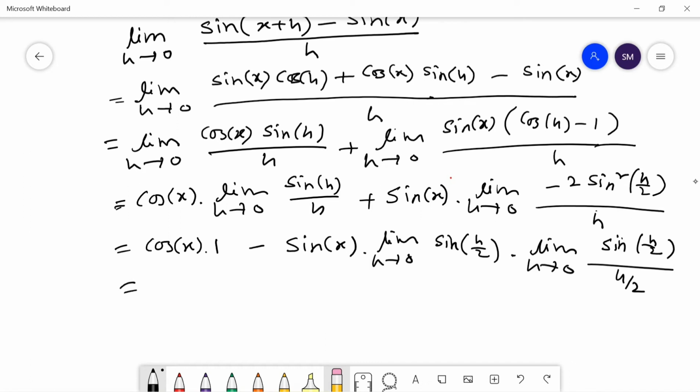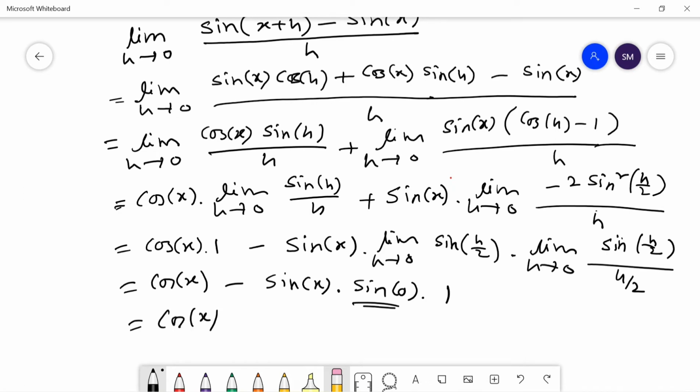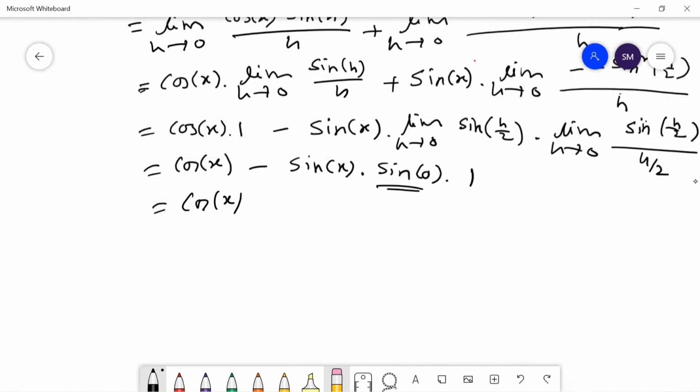So final step we will get cosine x minus sin x times sin 0, where sin 0 is 0 and the other factor is 1. So you will have cosine x. So therefore d dx of sin x is equal to